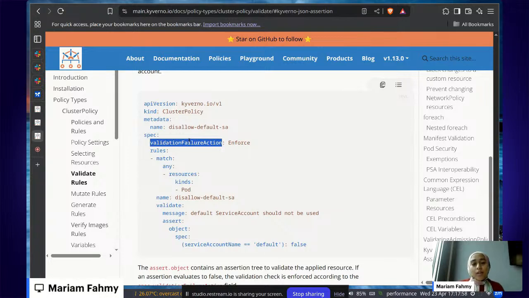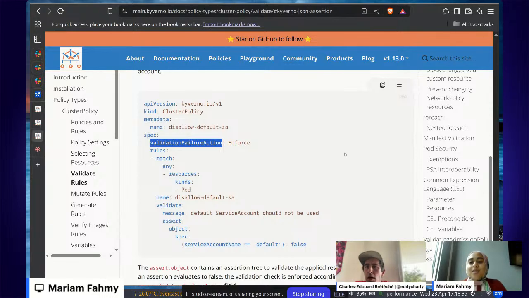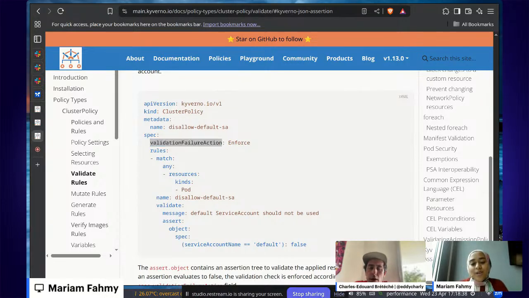And instead of providing one policy type that does everything, we are introducing new policy types. And all these new policy types make use of the CEL language. It also helped us extend the functionality to not just apply those policies in a Kubernetes environment, but we can also apply them to any JSON payload. So now Charlewar will walk through these new policy types and introduce us to these new powerful policies.